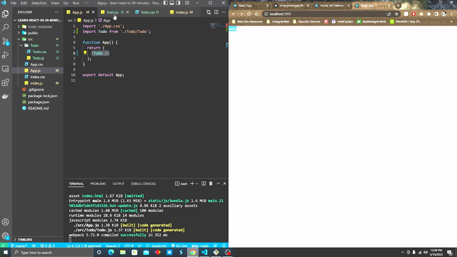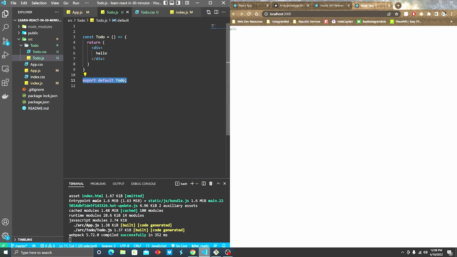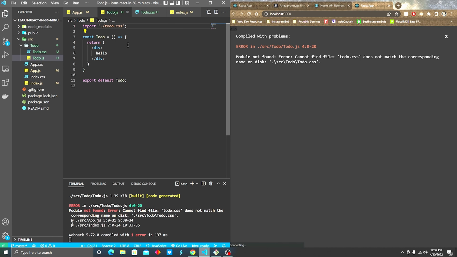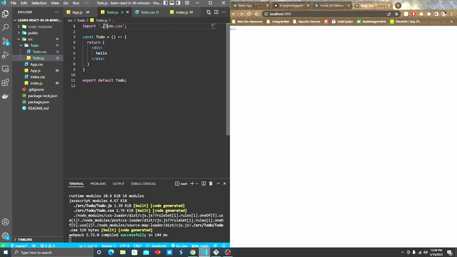So now that we got that going, in our todo, we're going to go ahead and import our CSS file, which is todo.css. Obviously, there's nothing built in there yet. Cannot find todo, oh, it needs to be capital T. There we go. In our return statement, we're going to go ahead and delete this, and we're going to make